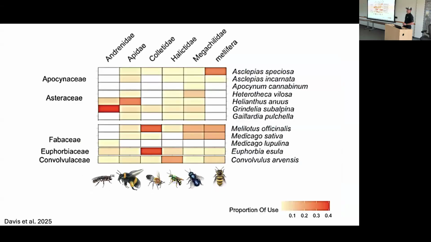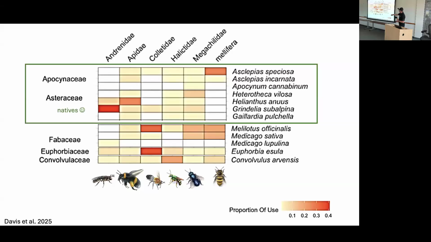I also want to show you the plants that they were foraging on. So this is a little color map. This only shows you a subset of the plants they actually foraged on. But in the top here, you have some of the same players. So the redder, here you've got your bee groups on the bottom. The redder the cell, the more intense the foraging on that particular plant species was. And you got some of the same players, Heterotheca villosa, one of the good guys, Helianthus, our native bees love Helianthus, Grindelia, milkweeds, right? These are all sort of good to have around, and they represent a pretty good smattering of the plants that these native bees really like to forage on.